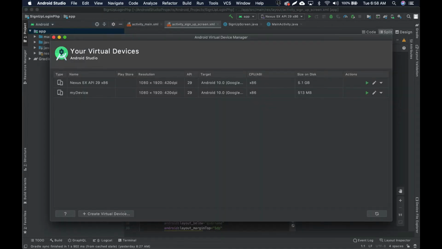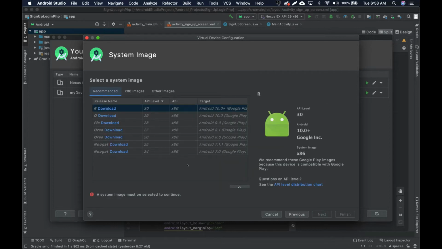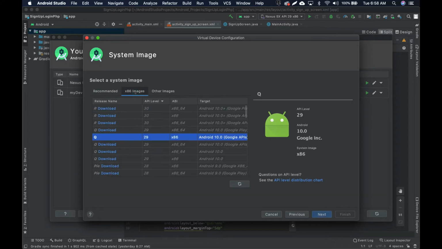In this dialog box, you need to create a virtual device. Once you click on create a virtual device, under the phone section, you need to select the kind of phone device you want. So I will leave it just the way it is on Pixel 2. Then you click on next. Once you click on next, you may need to download the Android Studio operating system if you haven't downloaded it already. But since I've downloaded mine under these x86 images, I will select my operating system, which is Q,